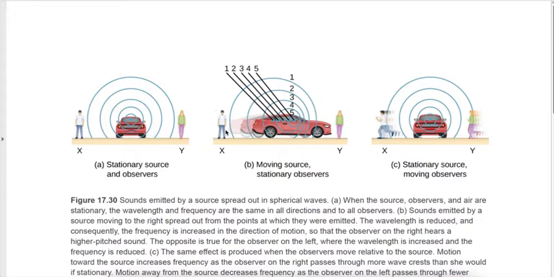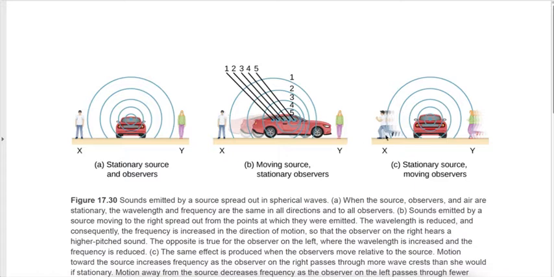The guy here standing behind the car, these sound waves are coming at him and they're being more spread out than they should be. Instead of being this distance apart, they're a further distance apart because the car has moved a little from creating this wave, it moved a little before it created this wave. So the distance between those waves is bigger than it would be if the car were sitting still. So this guy sees longer wavelengths, which would mean lower frequency, lower pitch.